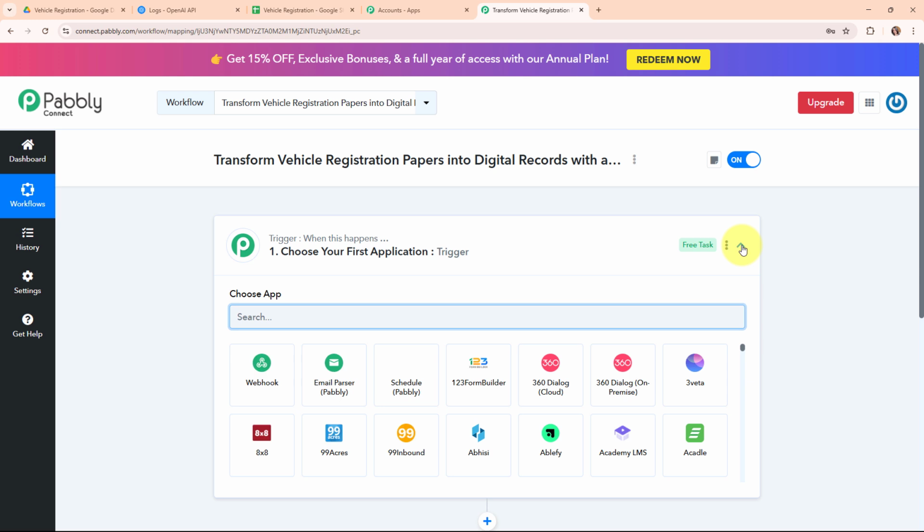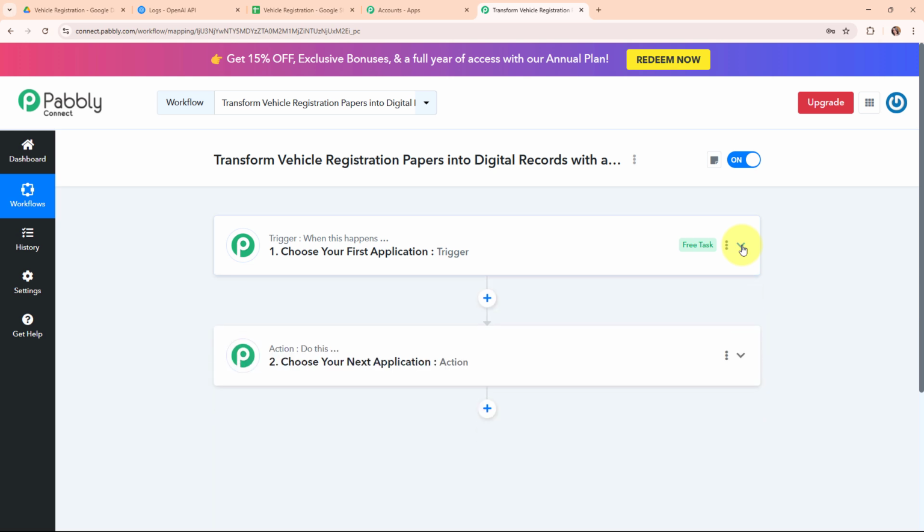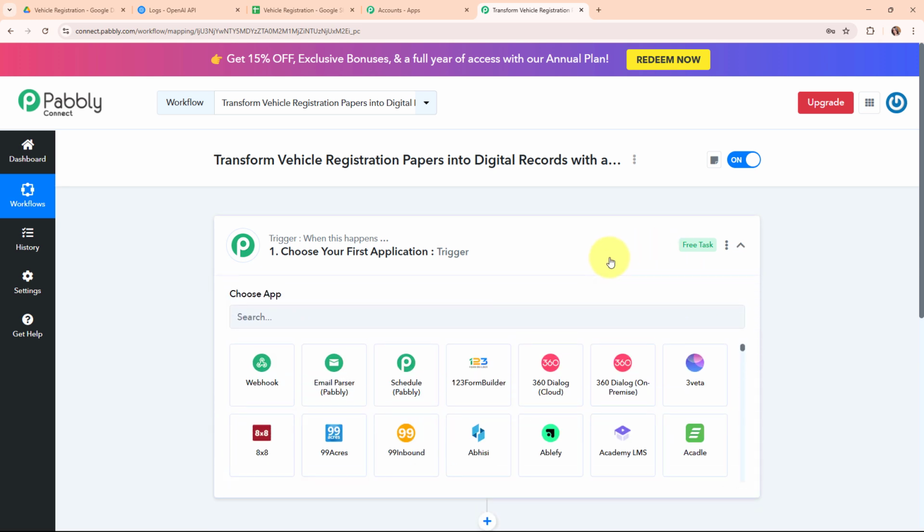Now here in this workflow window, you can see we have successfully created a workflow, and here on my screen you can see the two most important principles of an automation process, that are trigger and action. Where trigger says when this happens and action says do this, that means action is a response towards that trigger. Your automation can have a single trigger but multiple action steps. Now let's build that automation by simply setting up a trigger.